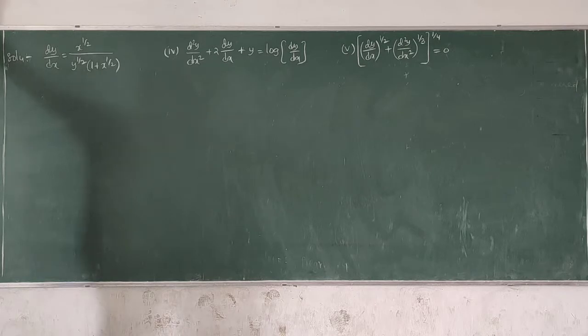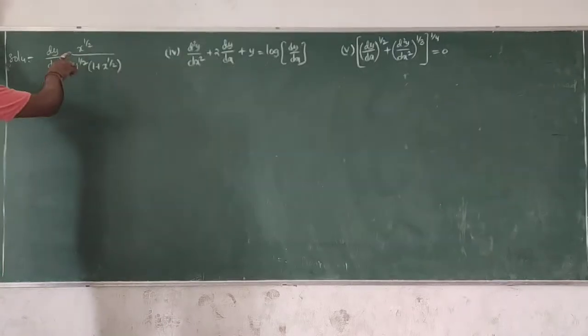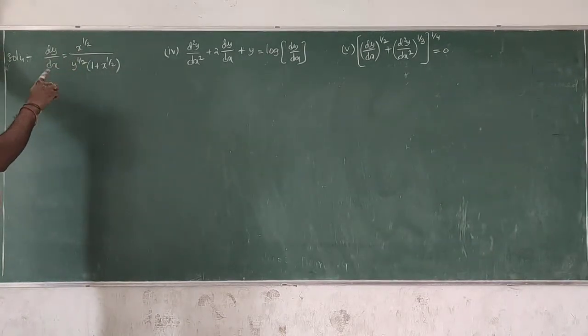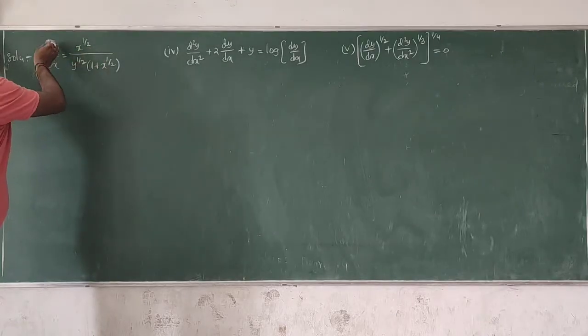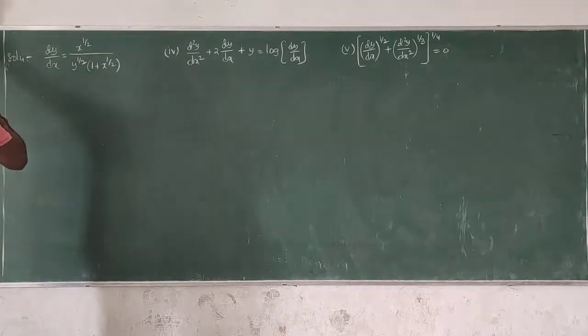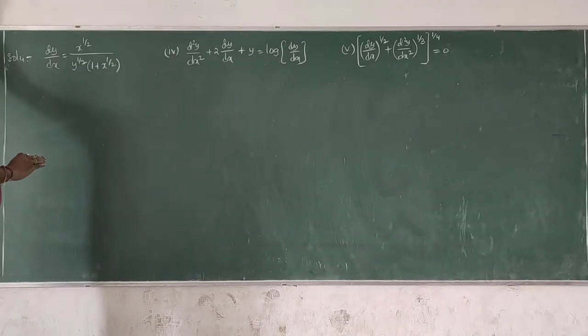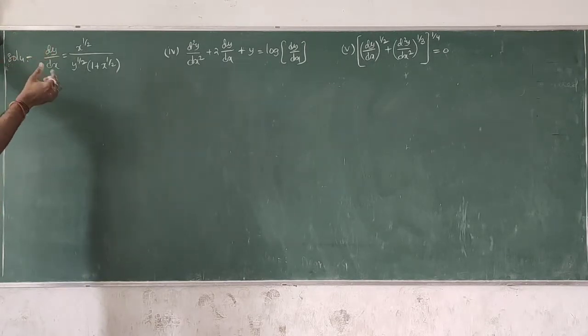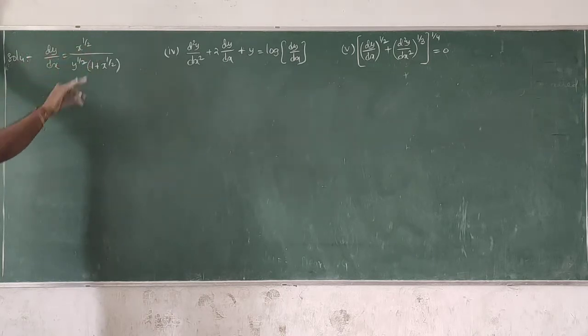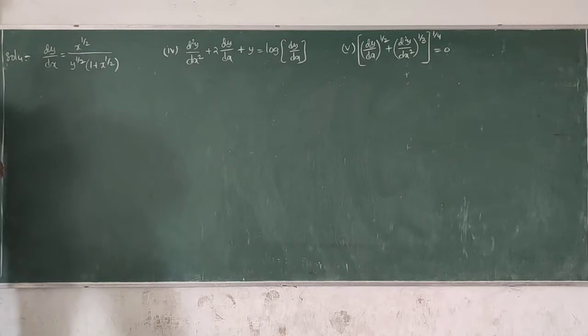That is wrong because here we have fractional powers, but these fractional powers do not depend on the derivatives. Derivatives means dy/dx, d²y/dx², d³y/dx³. These fractions are not on the derivative terms, so we can write directly. No need to simplify this one. If we had, as in the previous two problems, (d²y/dx²)^(1/3), with derivative terms having fractional powers, then only could we simplify. So we can say directly, here we have only one derivative, dy/dx.